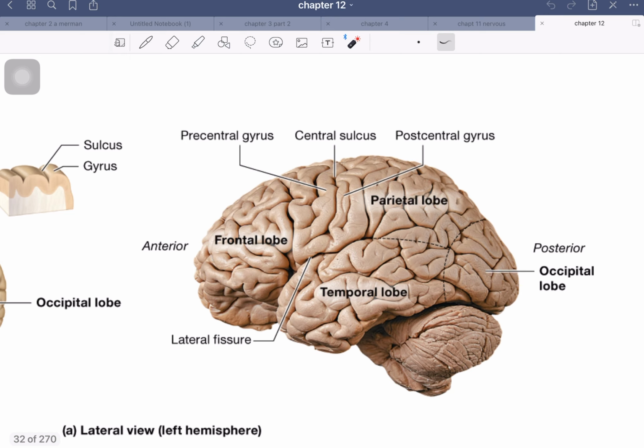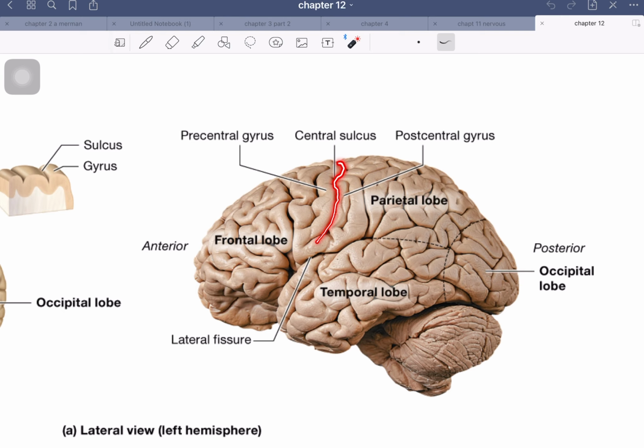Now, here we can see it on a real brain. You can see that central sulcus runs through here, frontal lobe, parietal lobe, temporal lobe, occipital lobe. Now this is the lateral fissure. You see there's a lateral fissure there. And if you don't remember what the term fissure means, go back, have a look. Now, the central sulcus,